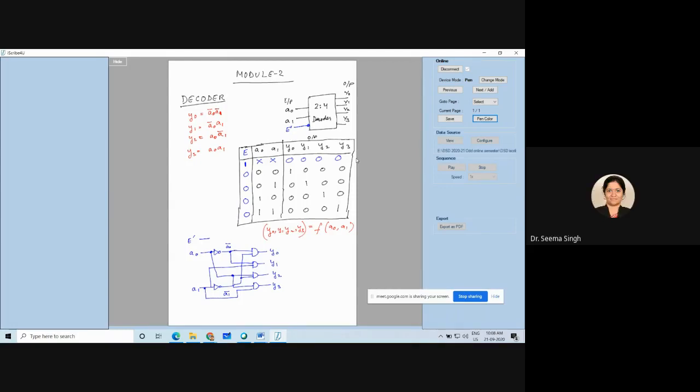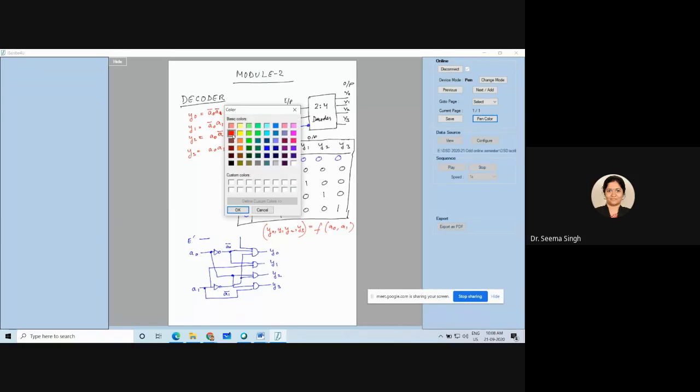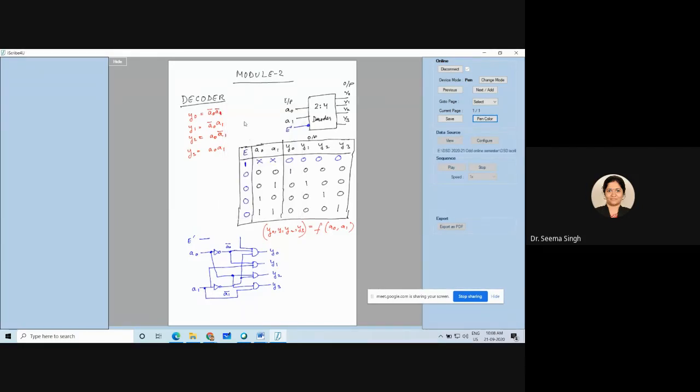It will come as an extra input to all, right? Yes, ma'am. I will make it a different color. It will come as an extra input to all. Okay. And it will come as extra input to all, but you need to tell me the connection in the form of how it will connect here. What will be there?